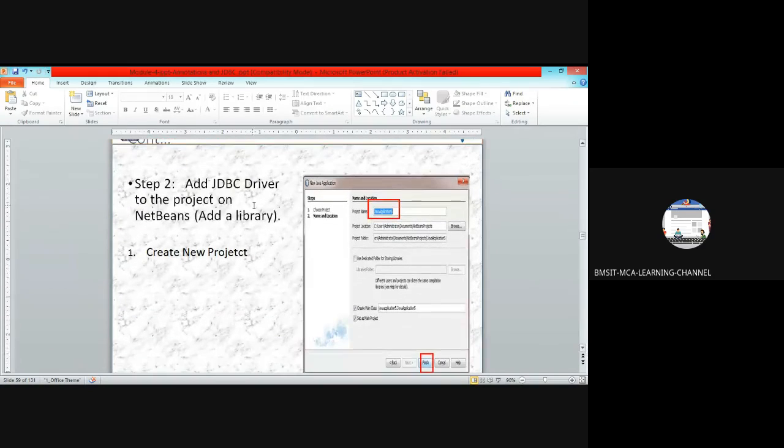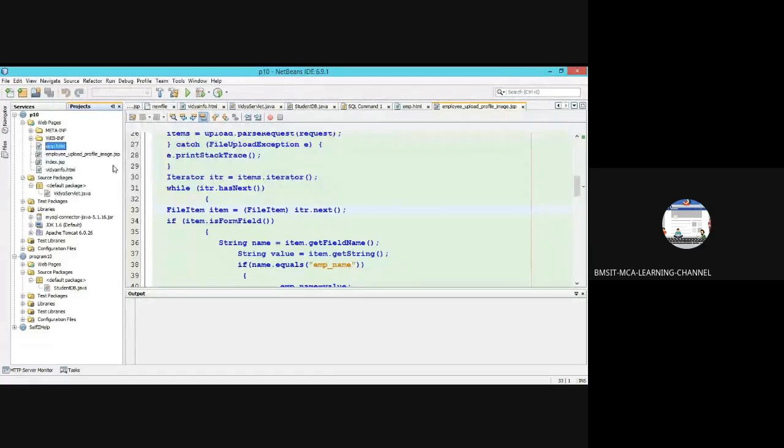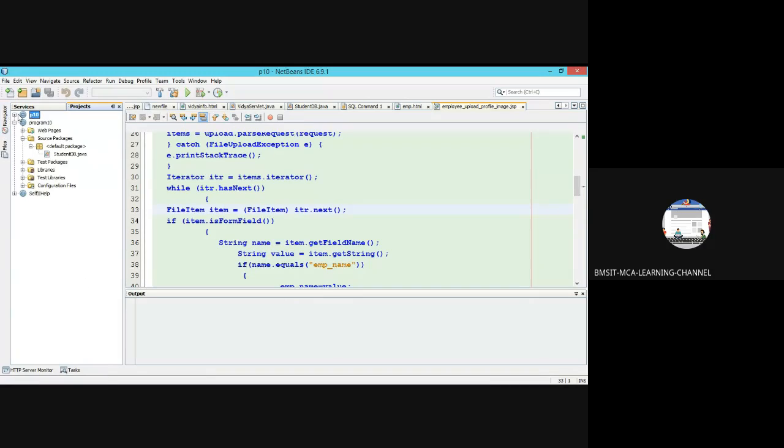Now step 2: add the JDBC driver to the project in NetBeans. Add a library. In NetBeans, I will show. Suppose it is your program 10 application.